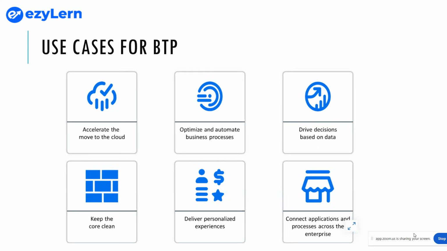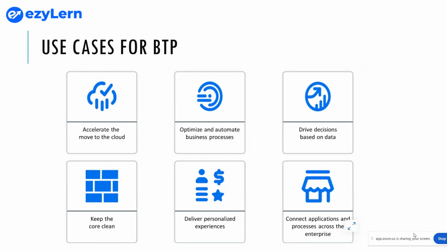So it has robust integration tools that ensure that different systems and data sources can seamlessly communicate, reducing the complexity and improving overall system efficiency. So whether consolidating multiple systems into a unified platform or expanding capabilities with new features, SAP BTP provides the tools and the frameworks that are needed to ease the move to cloud.